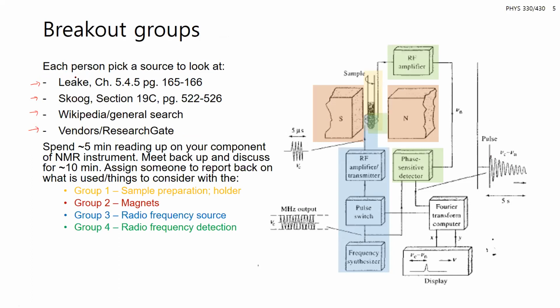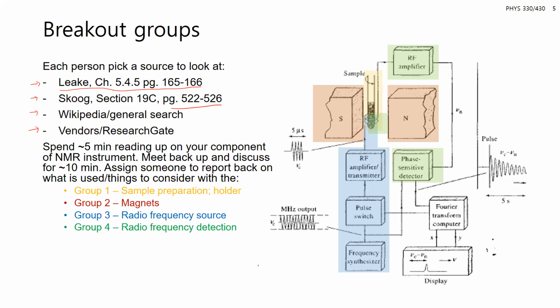On Canvas, in the resources section, I have these specific pages noted for the Lee book in chapter 5, or in the Skoog, Holler, Crouch book, these pages talk about the instrument components for the NMR. And then also you can do general searches on Wikipedia or looking at the vendors. So within your group, each of you take a source and look at a corresponding component within your group for about 5-10 minutes, meet back up and discuss these, and then assign someone to report back what you guys